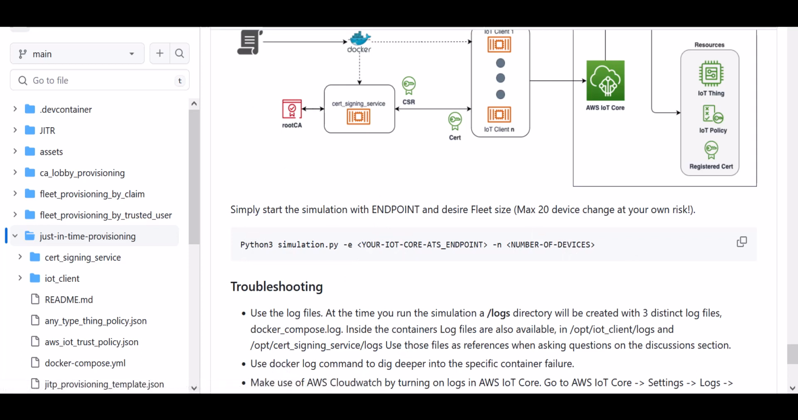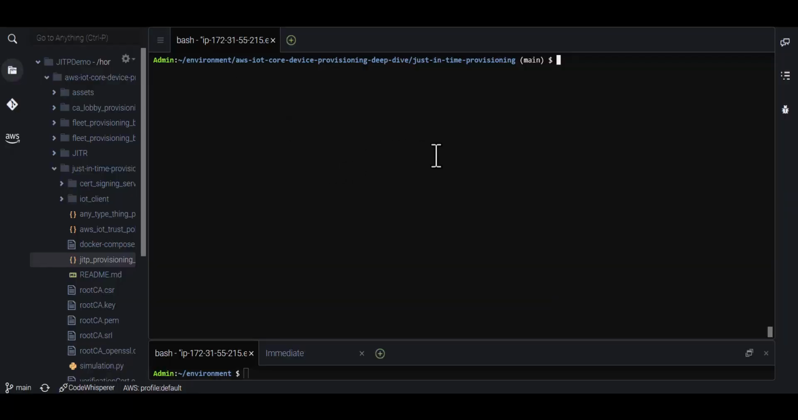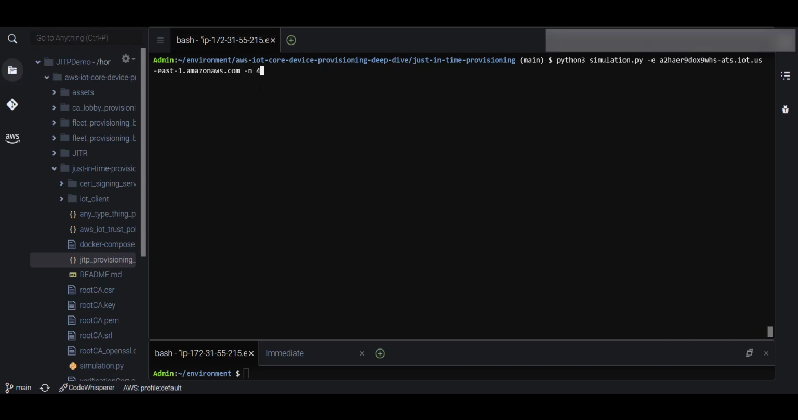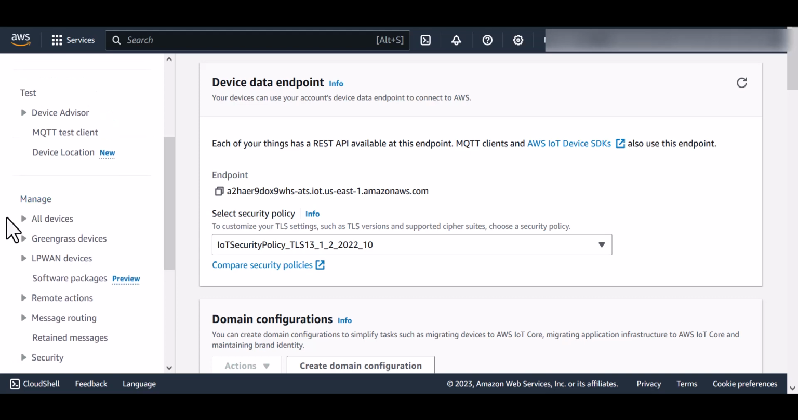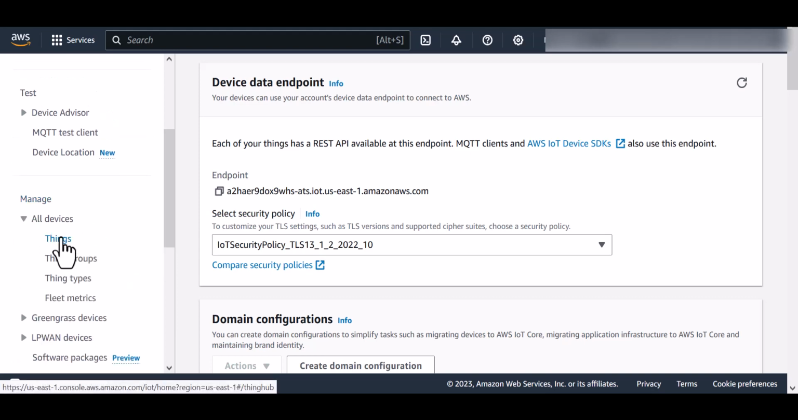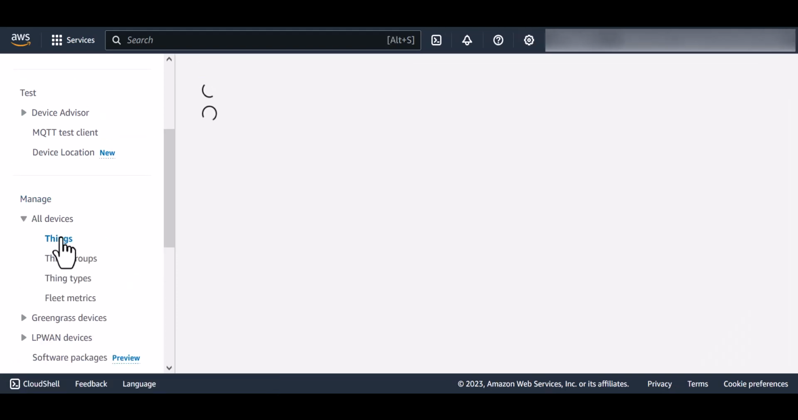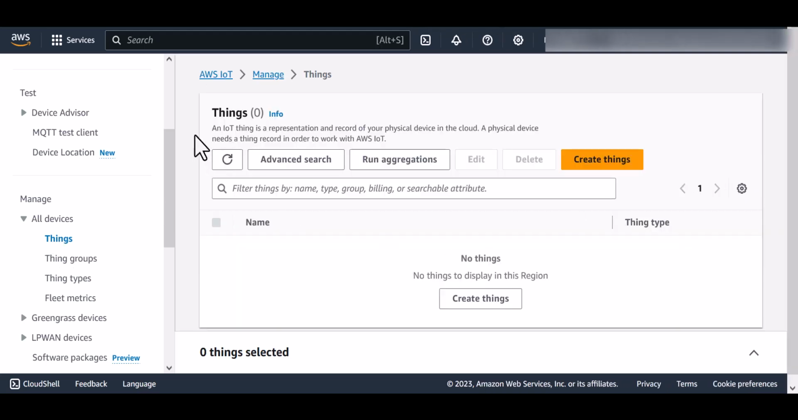So I copy the running command and I paste it here. Here I'm just saying that I'm going to simulate, and my endpoint is going to be the US East endpoint, and I'm going to simulate 4 devices. Just for the sake of verification, I'm going to check here, make sure I have no devices. So I have 0 things in my profile,